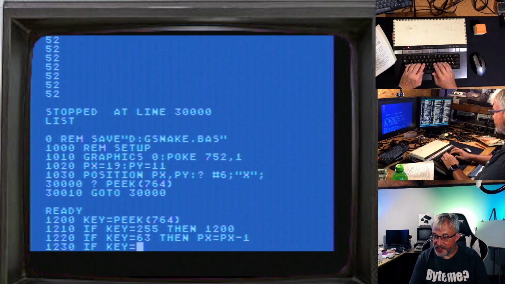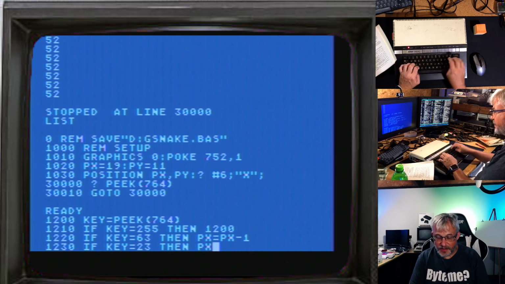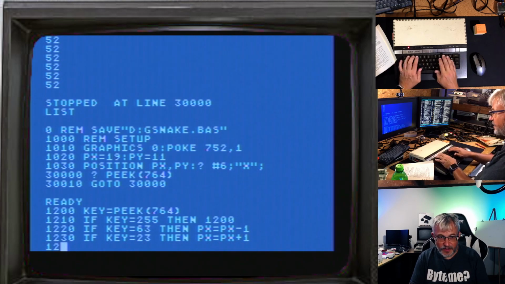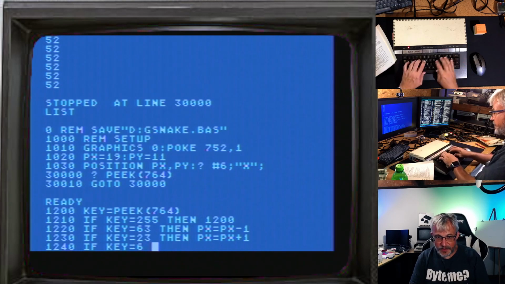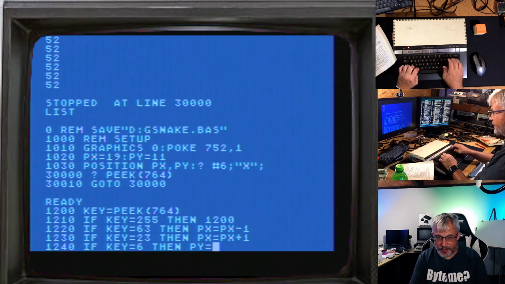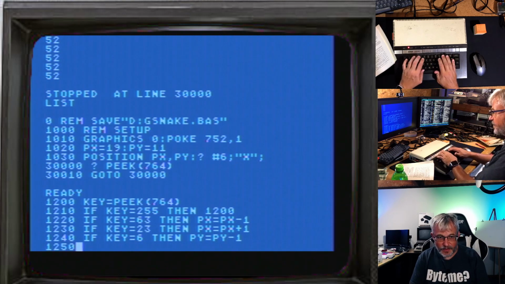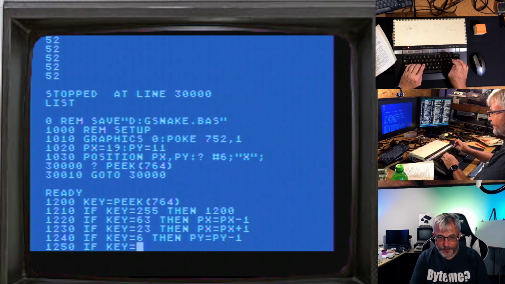Yeah, this is just ugly. That's going to be down. We're going to add 1. PX equals plus, oops, it's 6. PY equals PY minus 1. 7, then PY equals